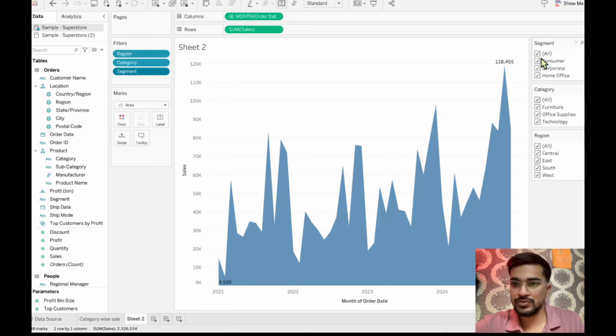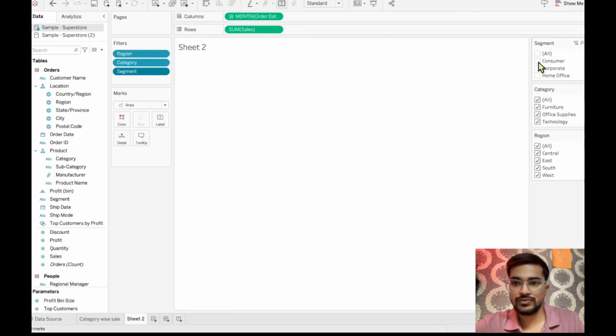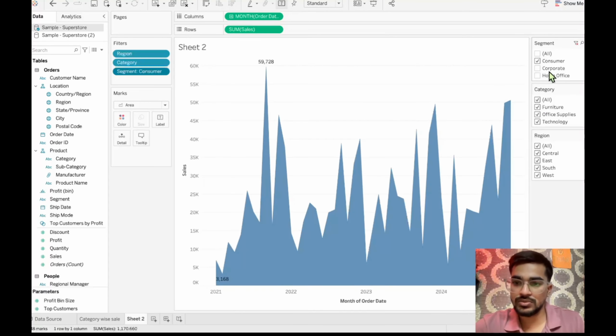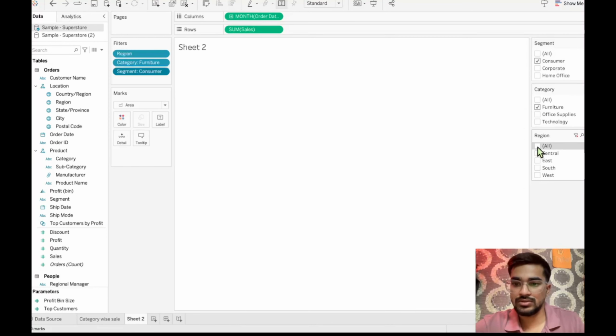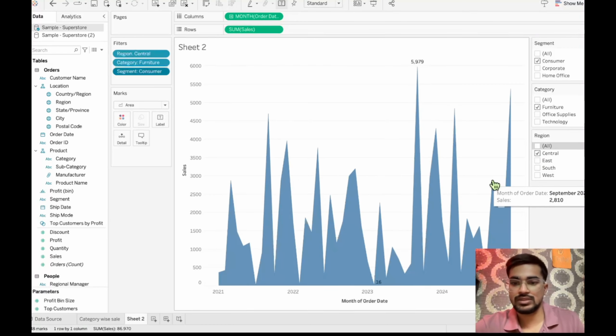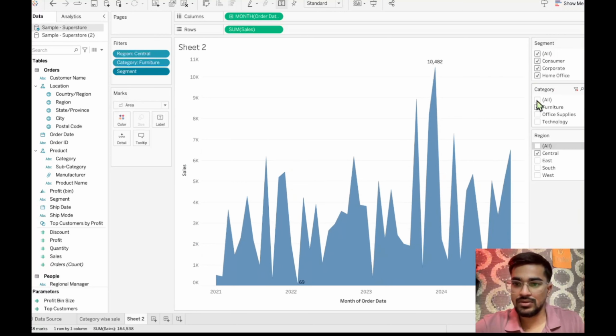So if you don't want all, but just the consumer segment, and let's say only furniture. So for the consumer segment the category is furniture, and you want to see the trend line for all regions, or you can select whatever region you want. Let's say I want the central region. Yeah, that's how it looks. So this is how you can play with the many filters that are already available, and create charts and plots. For now I will just select all,